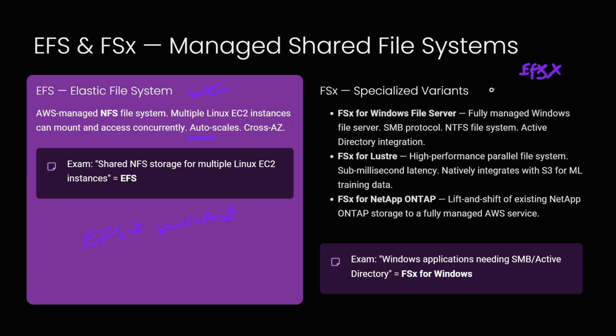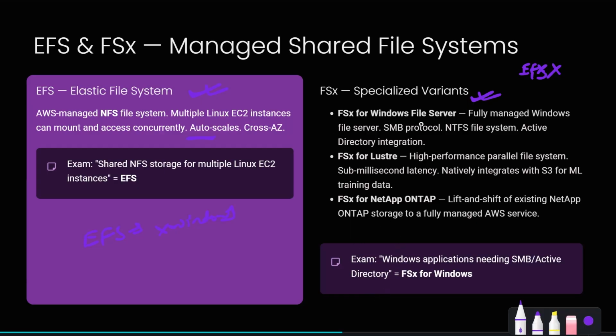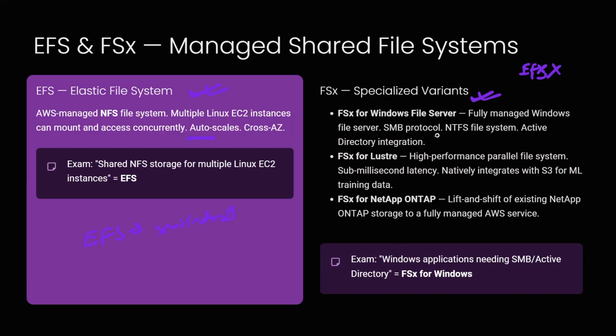You have to use FSx for Windows File Server. If you see keywords on the exam like SMB protocol, NTFS or Active Directory, your answer is FSx for Windows. AWS also has another flavor called FSx for Lustre, and this Lustre literally comes from the words Linux and cluster. It is built strictly for high performance supercomputing. If a university is running insane weather simulations or feeding petabytes of data into a hungry AI machine learning model, they use FSx for Lustre.